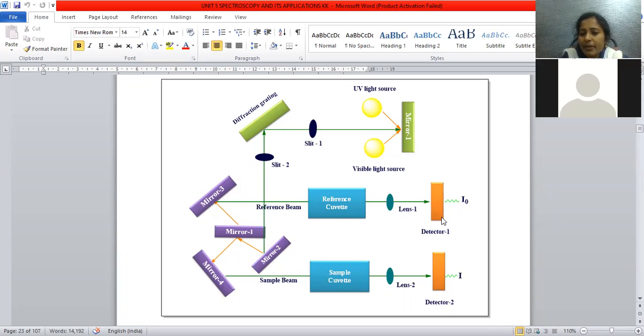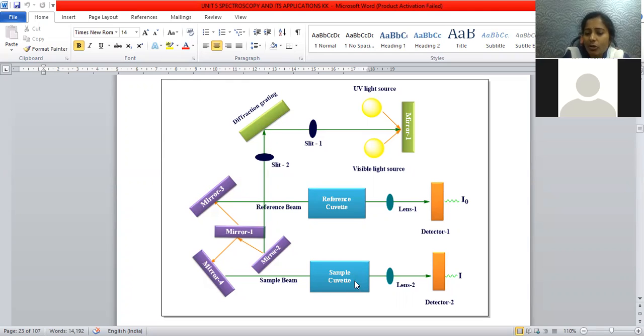The reference beam after passing through the detector is denoted as I naught. I naught stands for the intensity of the initial radiation, because the reference cuvette does not absorb the light. Whatever light passes through the reference cuvette is not changed and comes out as such, so it is the initial intensity, or the intensity of incident radiation.